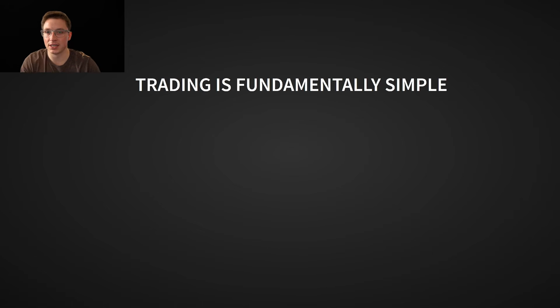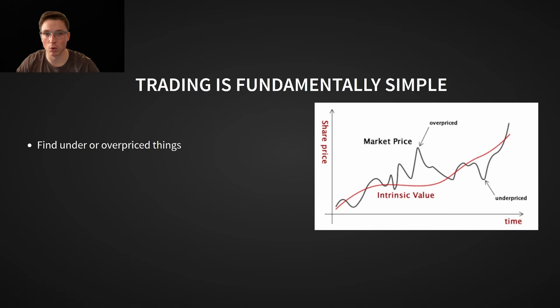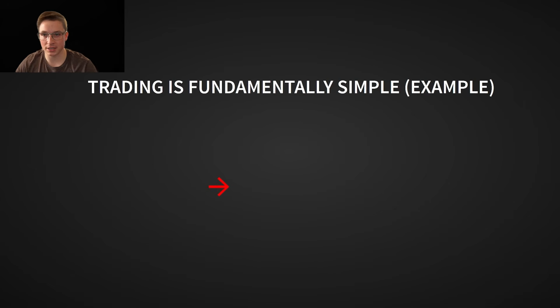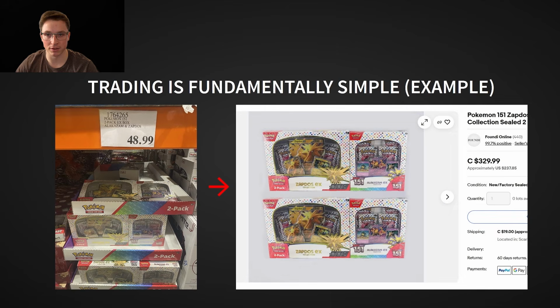At its core, trading is about finding things that are either underpriced or overpriced. It's fundamentally simple, no different than any other business. The goal is to buy low and sell high. Imagine seeing a product at Target for $5 knowing it sells on eBay for $25. You'd buy it at Target and flip it on eBay for a profit. Trading operates in the same way, just at a much larger scale and involving assets that are significantly more complex